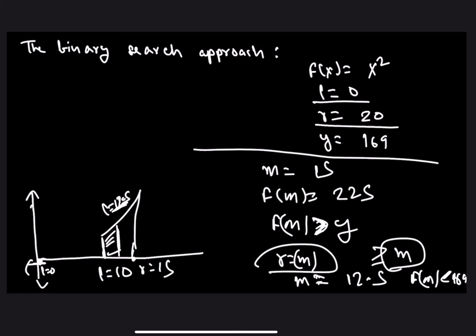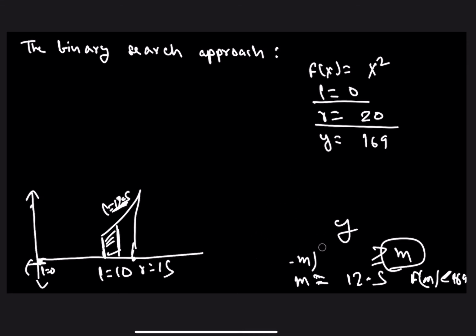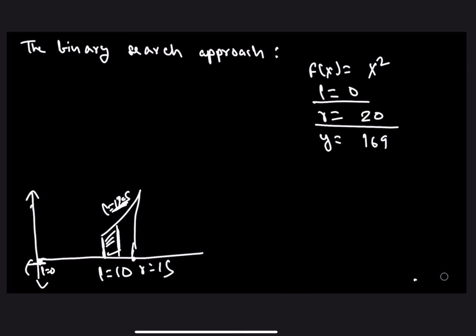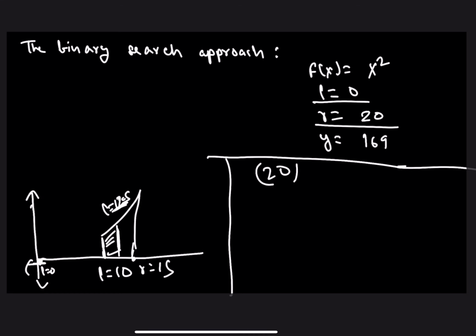So basically this is how the algorithm works. At each iteration you try to halve the search space. Now how many iterations should I actually do? The answer is the amount of accuracy that you want. Let's say the initial search space was of size 20, and you are accepting all the answers with error less than 10 to the power minus 2.